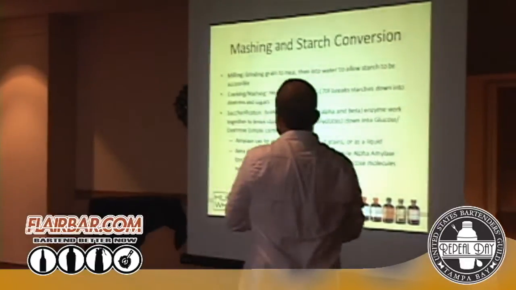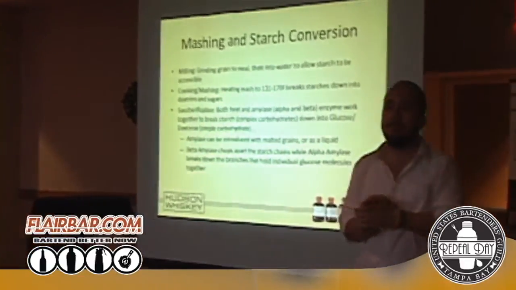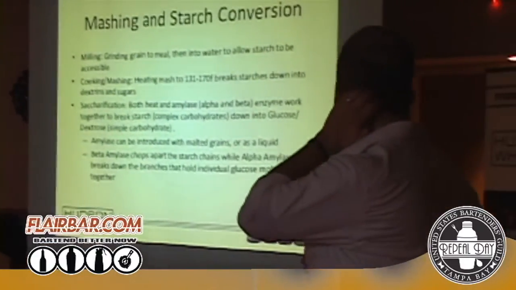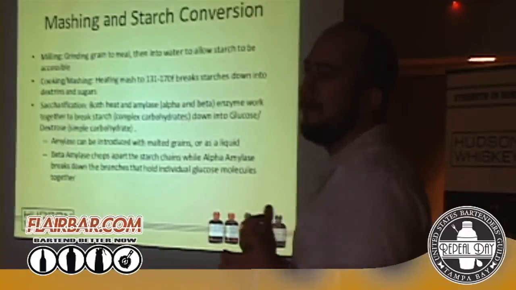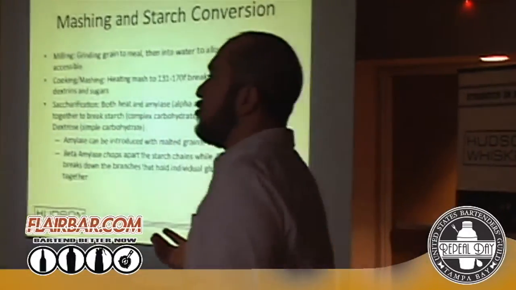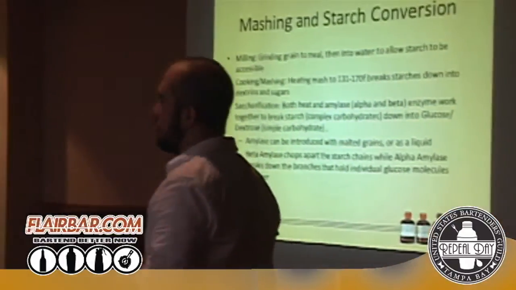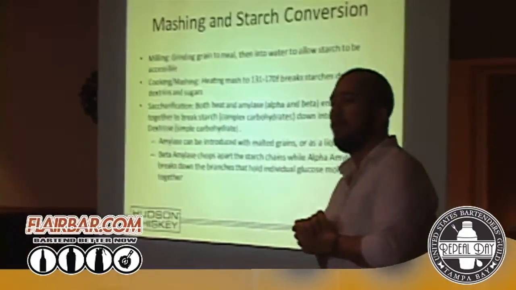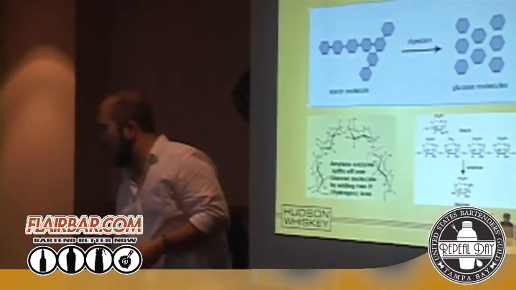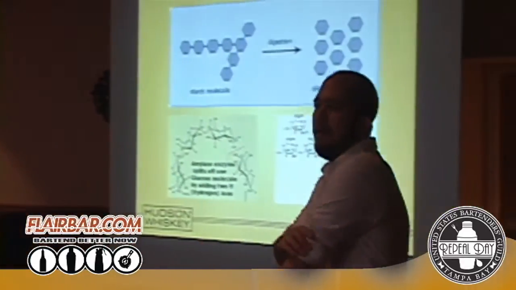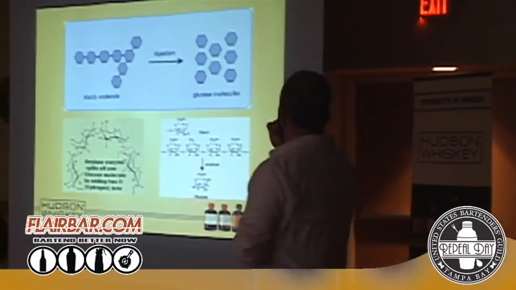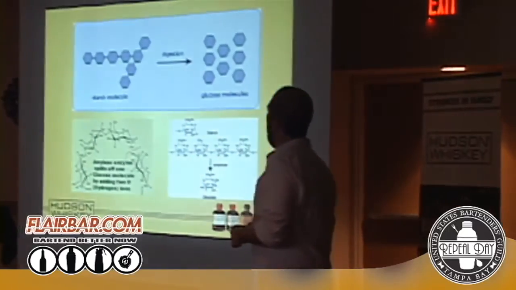And this process where we're converting the starch into sugar is called saccharification. Saccharine, sugar. And we're looking at basically the types of sugar that we're going to get from this process, which is glucose, which is dextrose, same exact thing, glucose and dextrose. But these now are simple carbohydrates and easily converted into alcohol by the yeast. So the yeast can digest them. This just gives you a visual on what that process looks like.